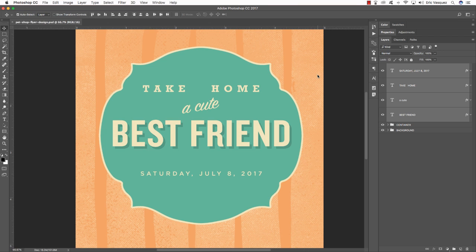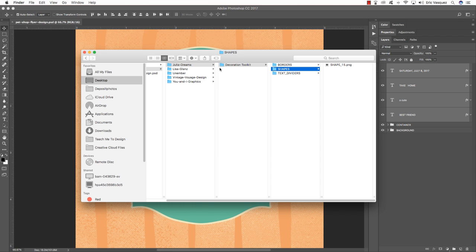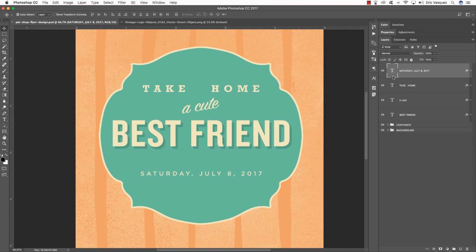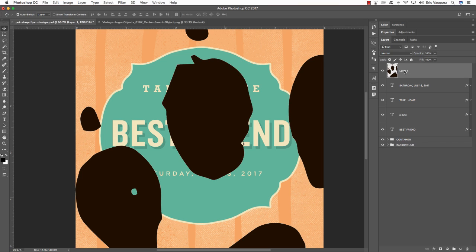Okay, now that we've got most of our text in here, we can begin adding some decorations or other elements to it. I'll return to my freebies folder, come into my vintage logo kit, and open up this vintage logo object, which looks like a paw. This one is a little bit different. I'm not actually going to be able to click and drag this layer because it's locked. In that case, you can press Command A to select all, Command C to copy it, and then come back over to my design and press Command V to paste it. Double click to rename this layer, and I'll call it Vintage Logo Object